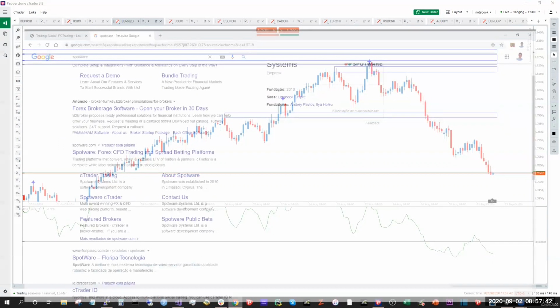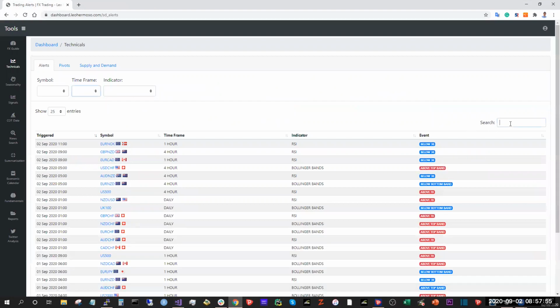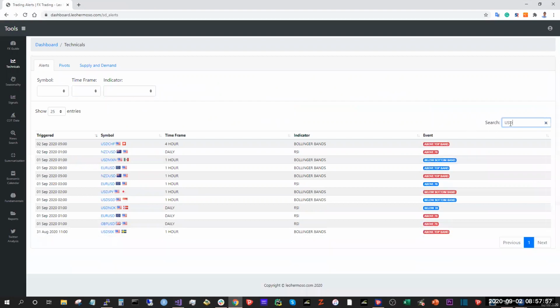So the RSI and the Bollinger Bands are, again, not supposed to be a signal. But for example, right here, let's say you want to know how the USD pairs are behaving. You just come to this filter and type USD. So we classify here by, and we know that, can you see that USD